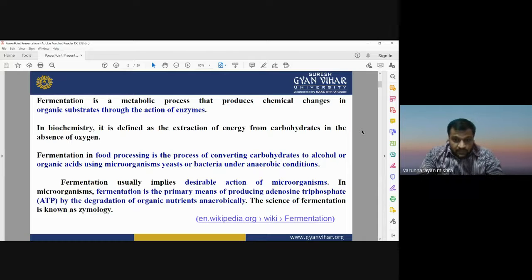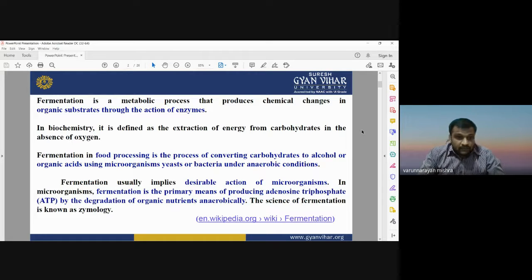When we extract the energy from the carbohydrate, a new component becomes available as a byproduct, which is known as alcohol. And it can be done using some bacteria. For this process we can use some bacteria. These bacteria are very useful for initiating the fermentation process, and these bacteria are not harmful to the human